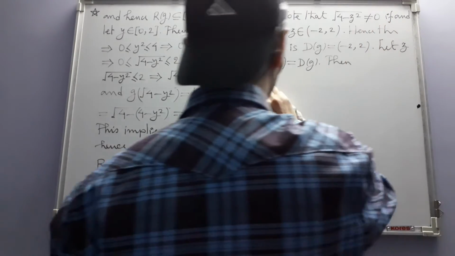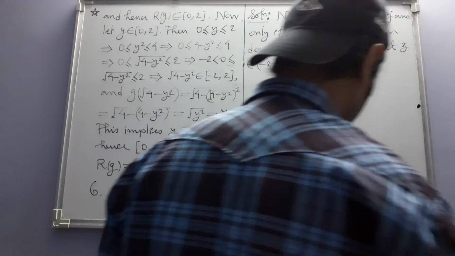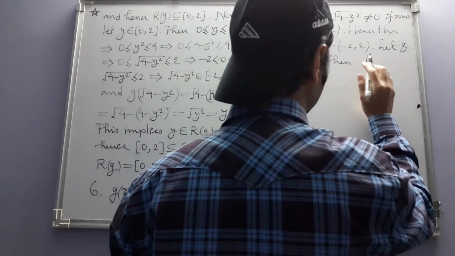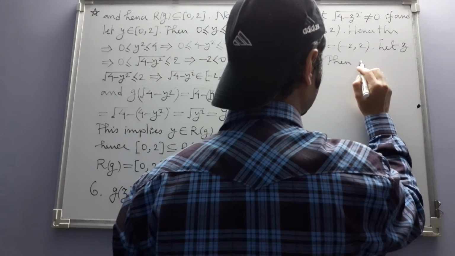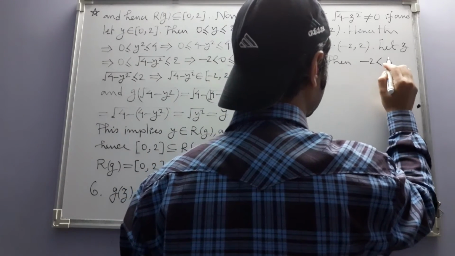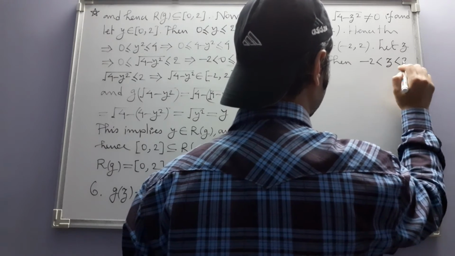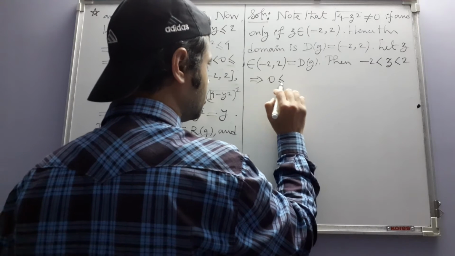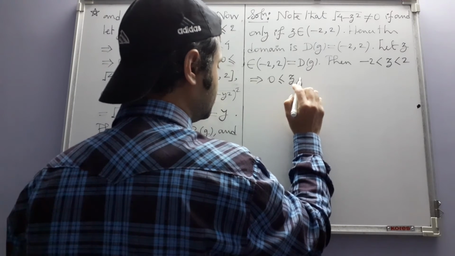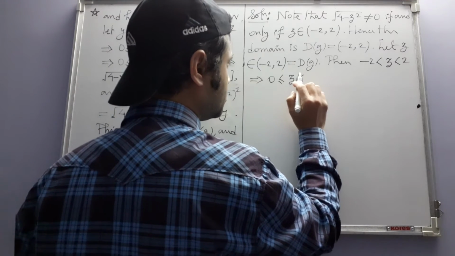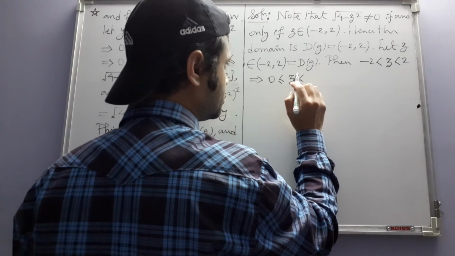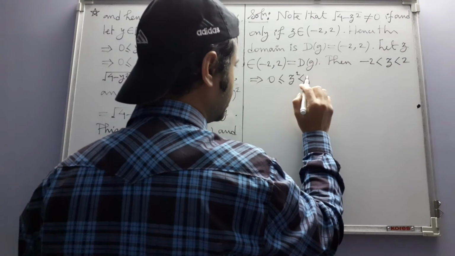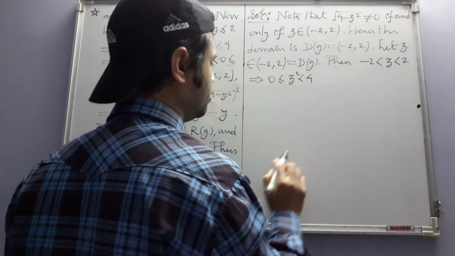So that means, okay, now I can see the path. Then minus 2 is less than z, which is less than 2, and this implies 0 is less than or equal to z square, which is less than 4. Okay,